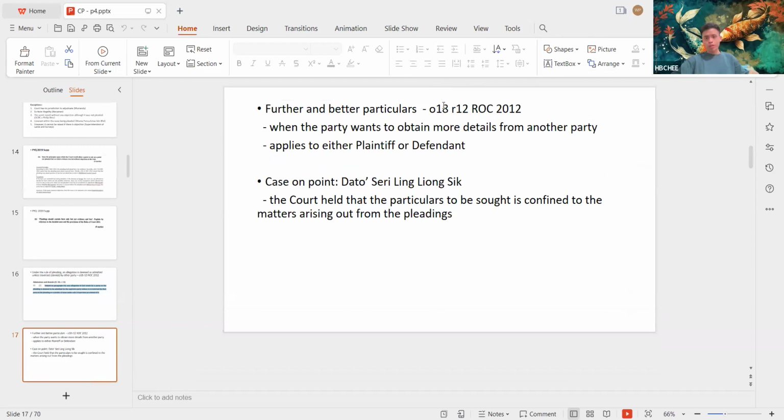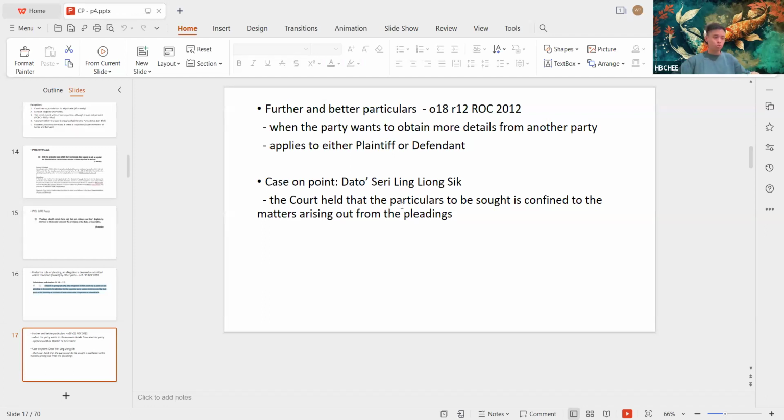Now, further and better particulars. This is also very FAQ in the question. When a party is going to ask for further information, because you know sometimes the information given by the other party is not sufficient, the party may apply for further and better particulars from the other party. This is given under Order 18 Rule 12. The case on point is Dr. Seri Ling Liao said, the court held that the particulars to be sought are confined to the matters arising out